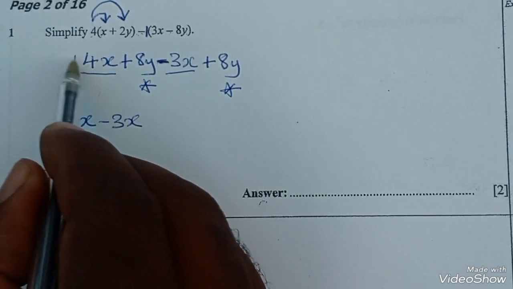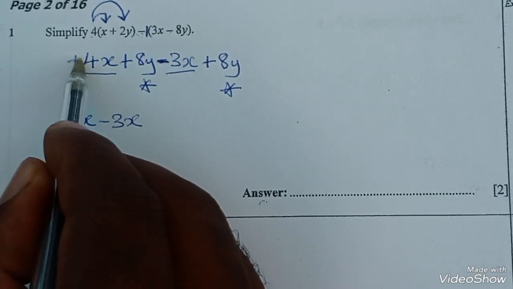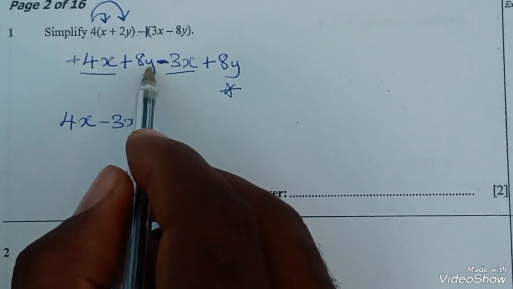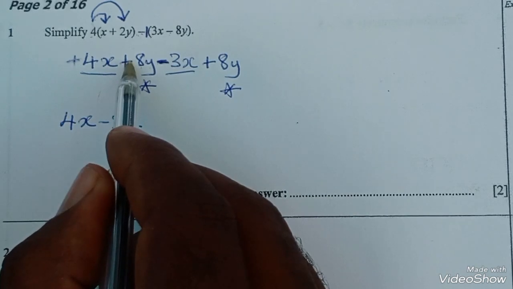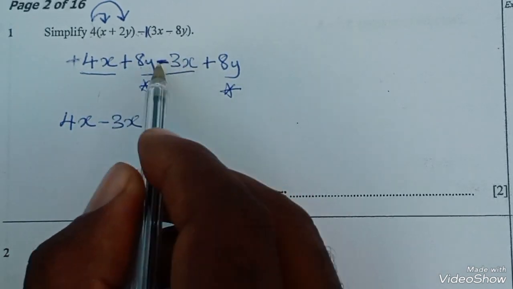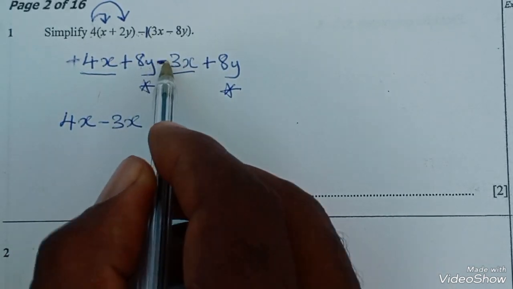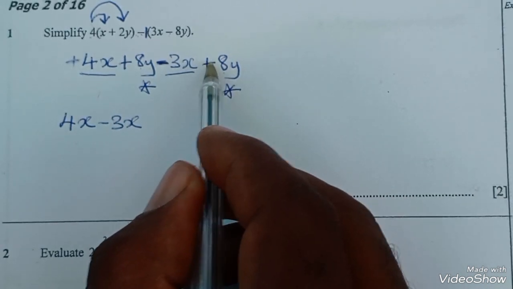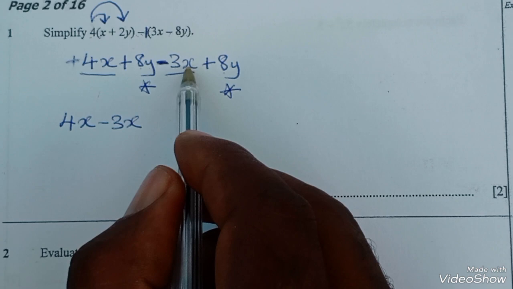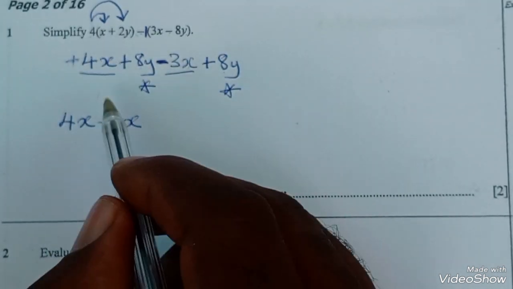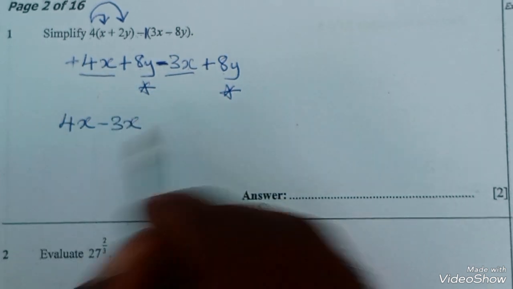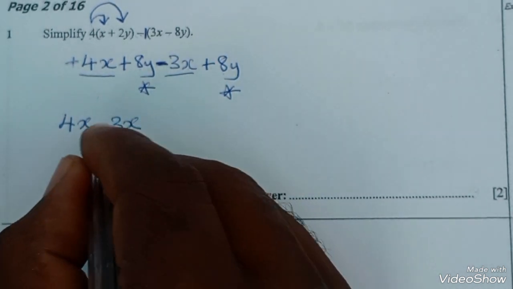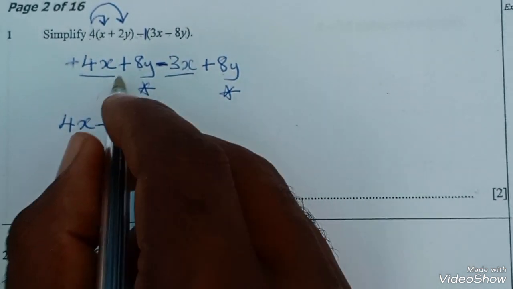This 8y is the owner of this positive. This 3x is the owner of this negative. So wherever 3x will go, negative will go, because it is not crossing the equal sign, so the sign will not change. So hence we have negative 3x plus